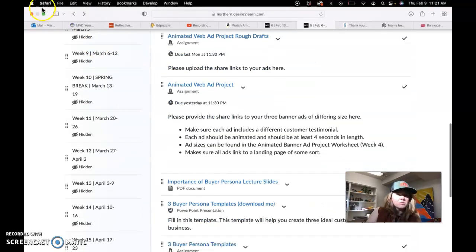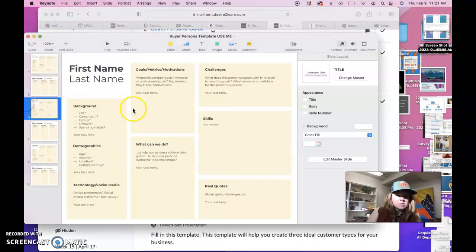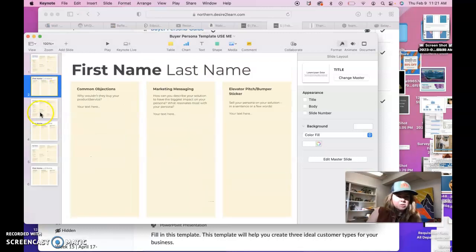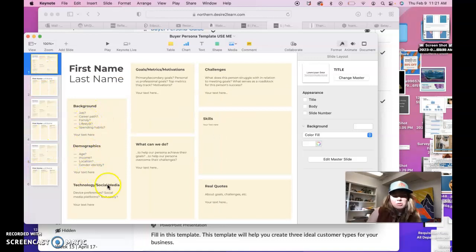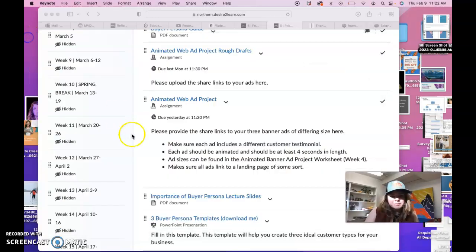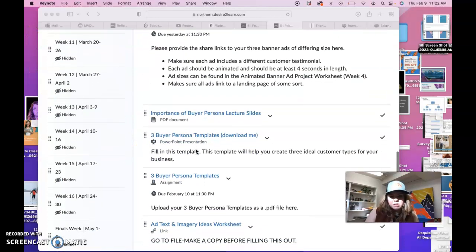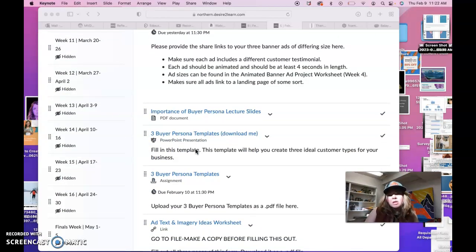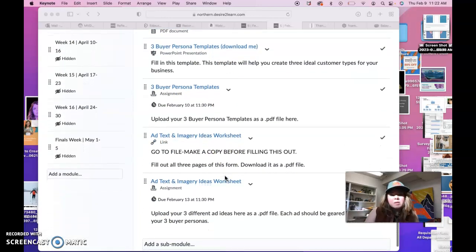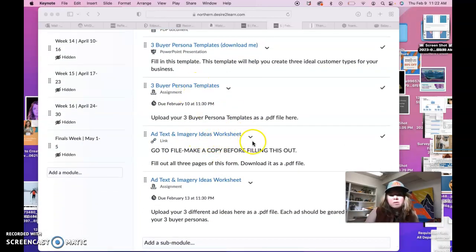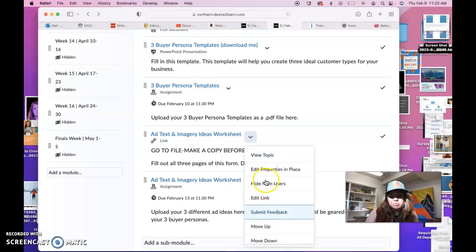But basically this template, you'll fill this out for 3 ideal customer types. There's 2 pages per customer. We just fill in the information and you're going to be guessing on some of this, right? Like you're not going to know all of these things, but you can kind of make something up. You might have some kind of idea of what types of customers you're going to be getting, and that you want. So do the best you can with that. I understand you're not actually working off of real research. And then after you do that, you'll work on the text and imagery ideas worksheet, which is pretty simple,